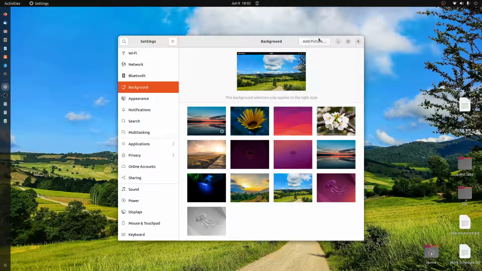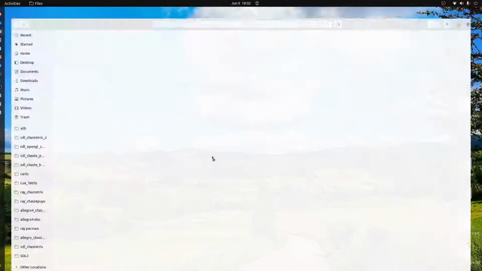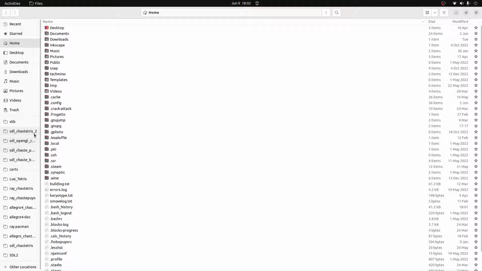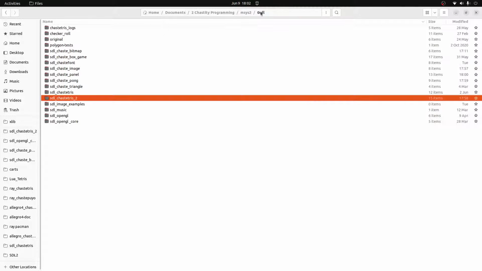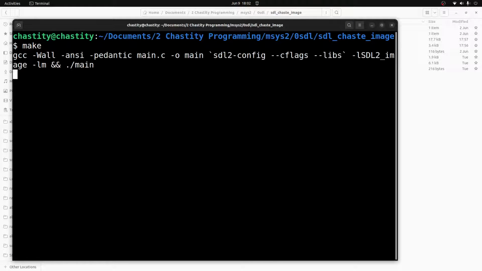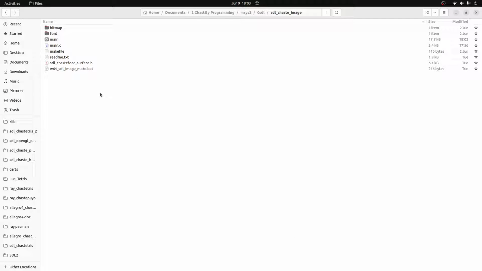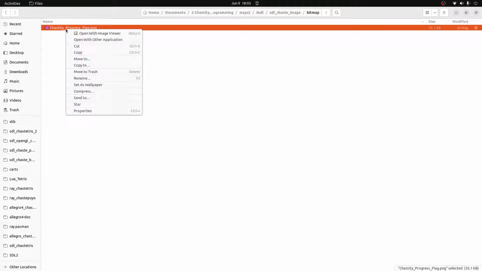Let's see here. I want to add a picture. What I'm going to do though is make sure I don't mess anything up. Okay, so here's my SDL Chase image program. We know this is the one here. Yep, it works. Okay, so we're going to take this file here. I'm going to copy it